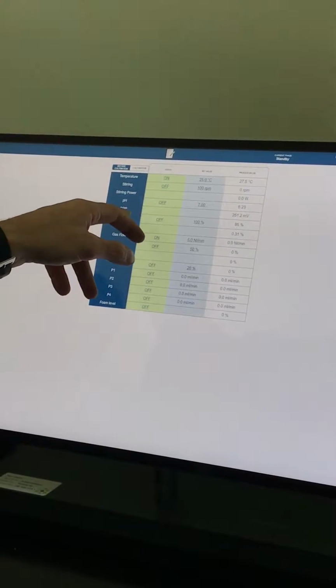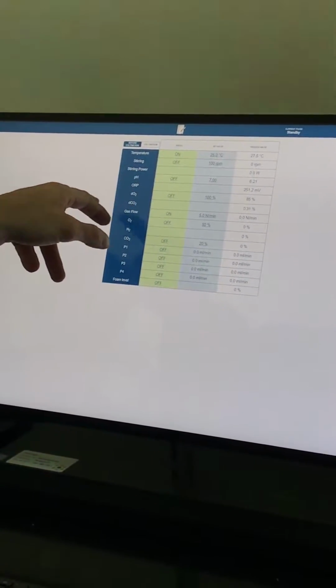The percentage of the oxygen, the percentage of the